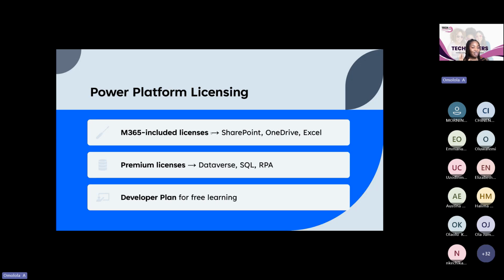So people that already have M365 in their organization, SharePoint is the document management system. Anyways, people that have M365 included in their licenses have SharePoint, OneDrive, and Excel. With a premium license, you have Dataverse. So if a company says, I want you to use Dataverse for me, I don't want you to use SharePoint,